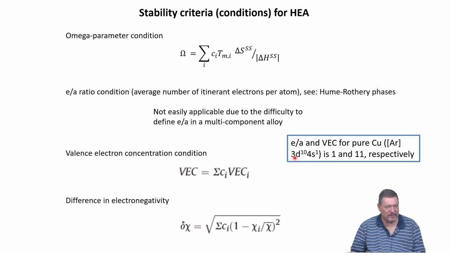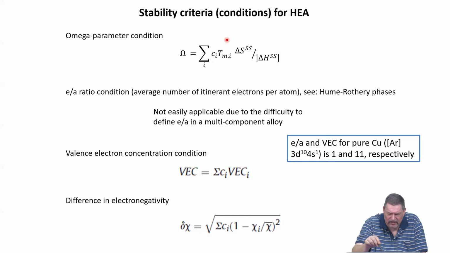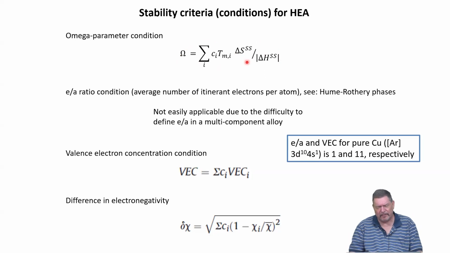What is the physically meaningful value? I would say it depends. It depends on which element you mix the copper with. Right? So this is difficult. And this omega parameter condition, there are also several variants of this out there in the literature. Basically they combine something like melting temperature differences as well as mixing enthalpy and mixing entropy in a numeric parameter, one number, which basically gives you,